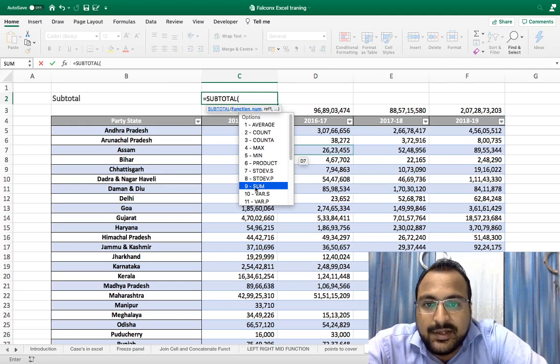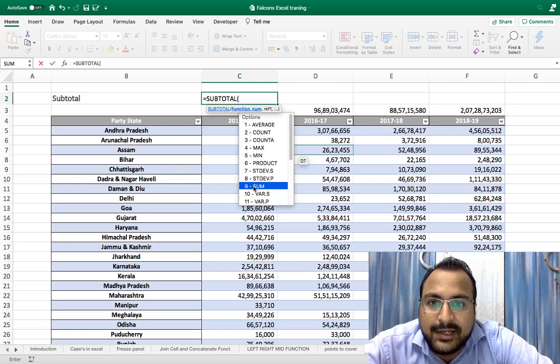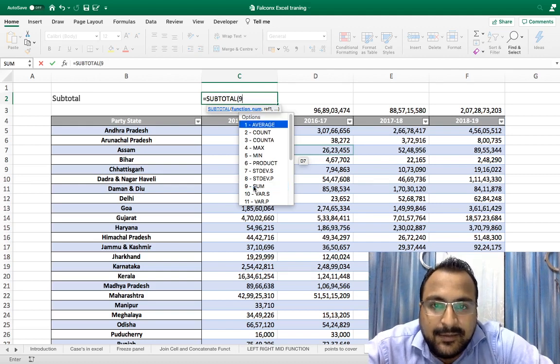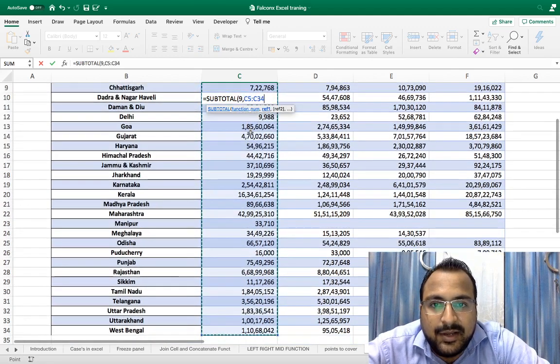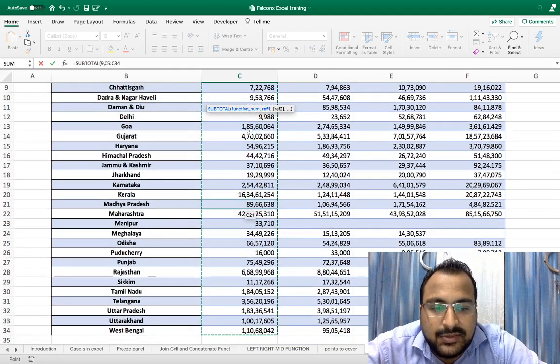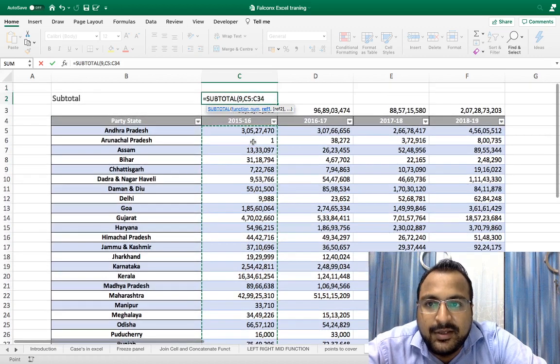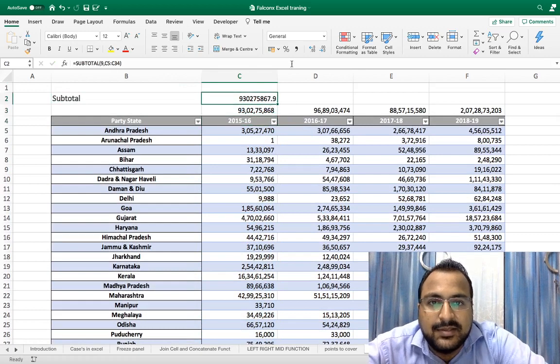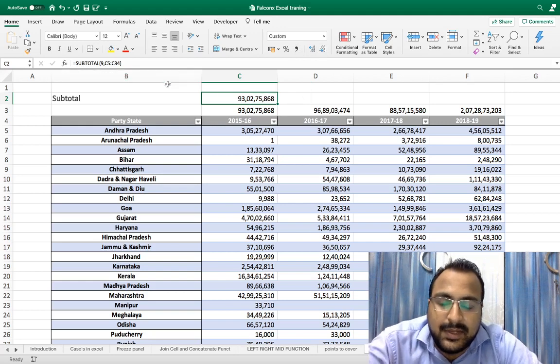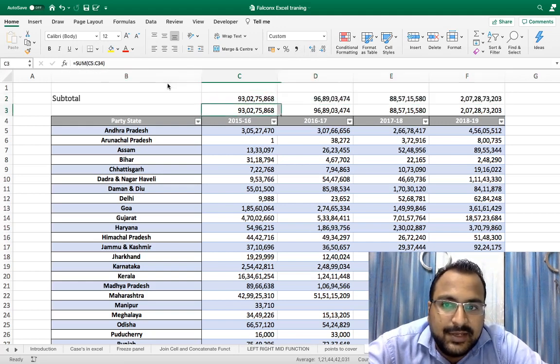So for sum here it's 9. After the bracket opens, I will write 9, and then I will give the range of data. As you can see, this is my range of data, C5 to C34, and then I will close the bracket. As you can see, we got the same answer, and everywhere it is the same.